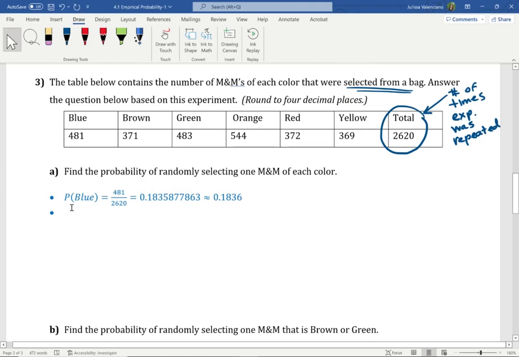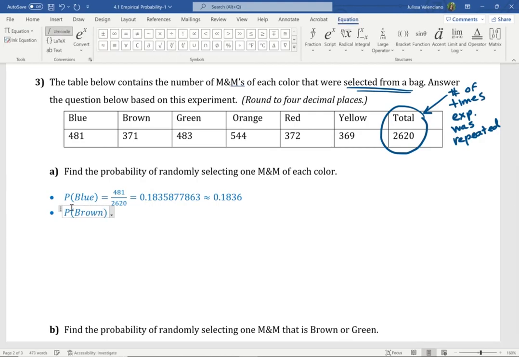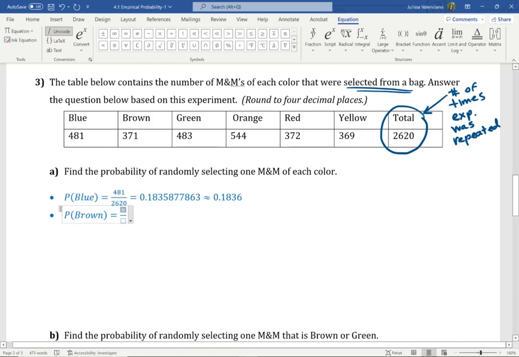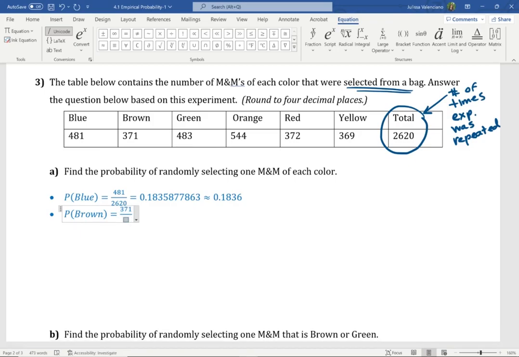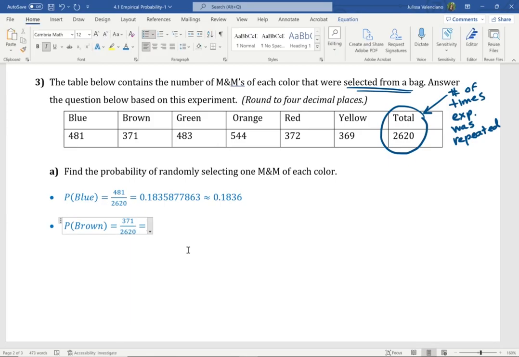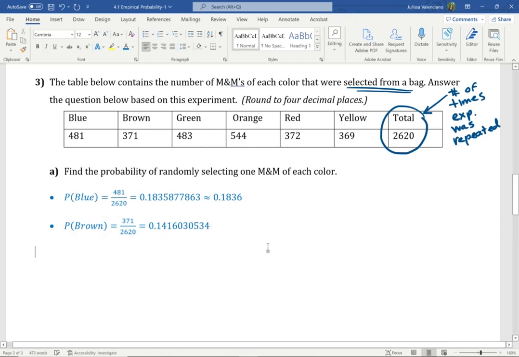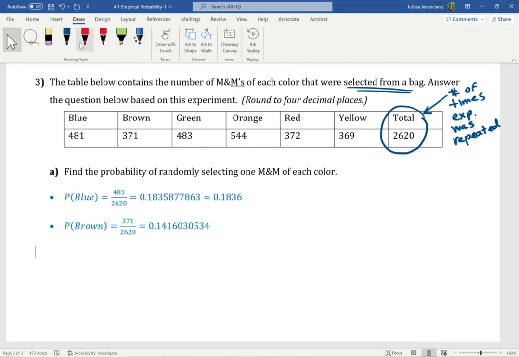Let's do a few more. Let's find the probability of selecting a brown. The probability of brown is equal to the number of times we saw a brown being selected, which is 371, divided by the number of times the experiment was repeated, which is 2,620. This should give you 0.1416030534. Again, I'm writing all the values that I'm seeing on my calculator so that we can review how to